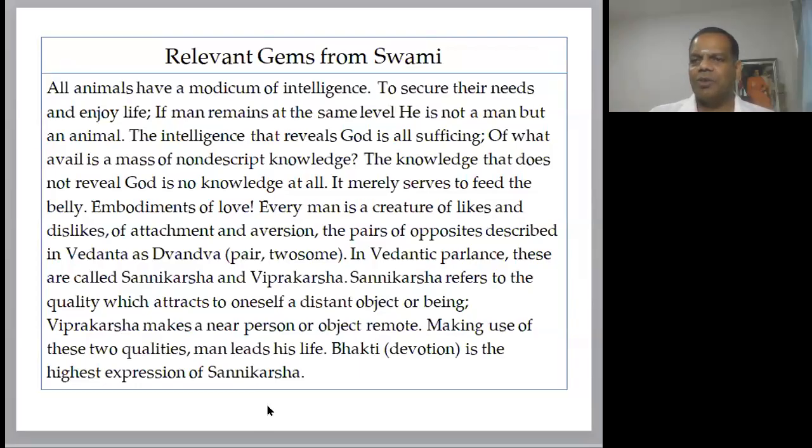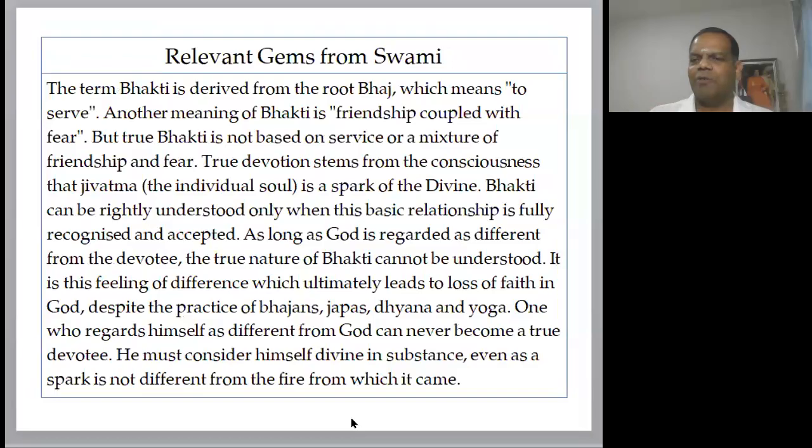So that's why Sannikarsha. Sannikarsha means there are two types of attraction: the devotee attracts the Lord, and the Lord also attracts the devotee. When both happen, it is Sannikarsha. That means it's a good attraction. It's like in life also. People say, I am attracted to that person but that person is not attracted to me. Otherwise, it becomes one-sided love. Bhakti is two-way. Both attract each other, both like each other. That's why Swami says you have to be not only near, but dear to God, because God also should like you. So it's just an aside. We'll continue. Thank you.